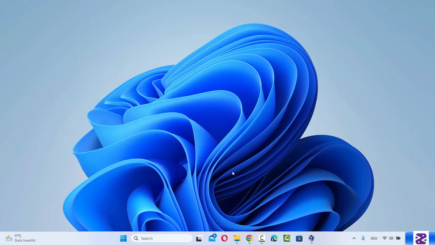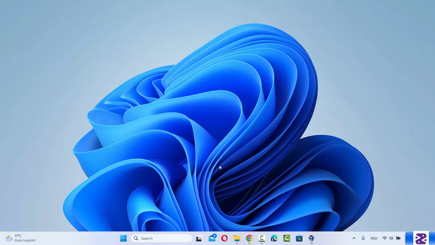Hey guys, in this video I'm going to show you how you can install Ubuntu 24.04 LTS version on your Windows operating system virtually using VirtualBox. So first of all, what is VirtualBox? VirtualBox is a tool which will allow you to install any operating system virtually on your host operating system. So for example, you will be able to run Ubuntu operating system virtually on your Windows 11 operating system using